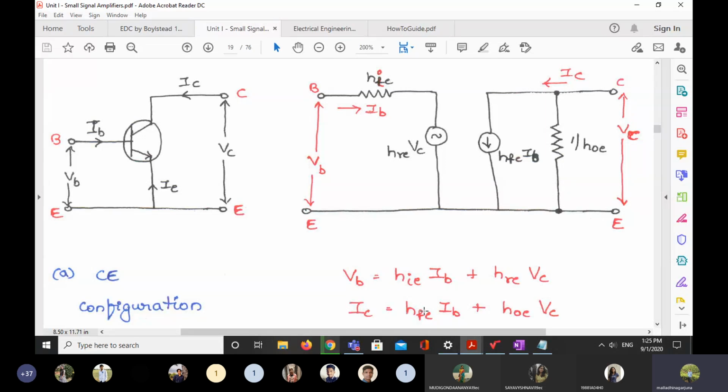Please remember these 2 points: for AC analysis, small letters; for DC analysis, capital letters. That is very important, because by seeing the notation itself people can tell whether it is an AC signal or a DC signal. So this representation has much importance. For an AC signal, it is small letters only. So this is the H parameter model here. I hope you recall the H parameter model and the equations. Now I will move to my topic.